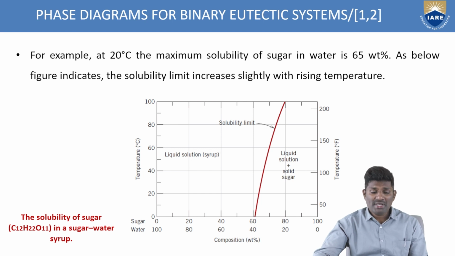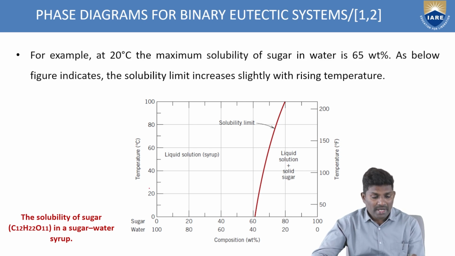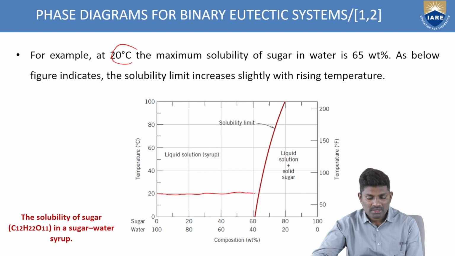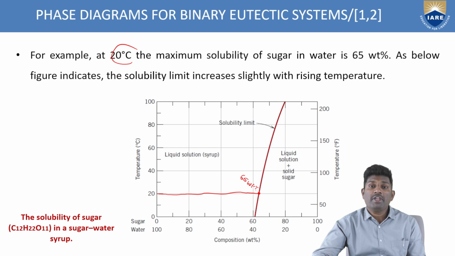Now, for example, at 20 degrees centigrade, the maximum solubility limit of the sugar is 65 weight percentage. If you see at 20 degrees centigrade, I have to draw a horizontal line like this. And now if you see the percentage at this point, it is 65 weight percentage of sugar,